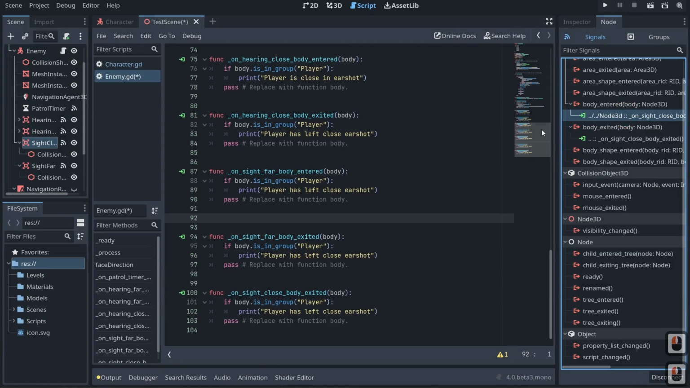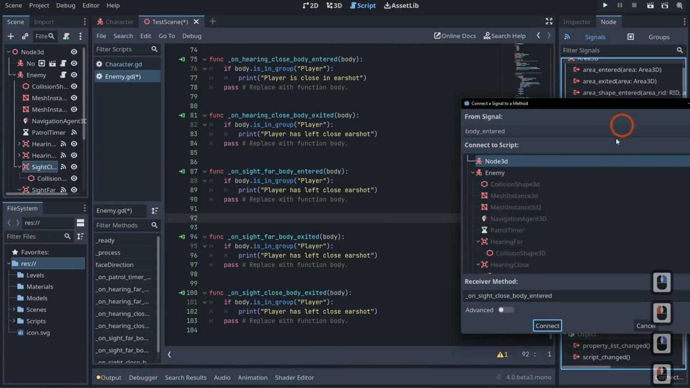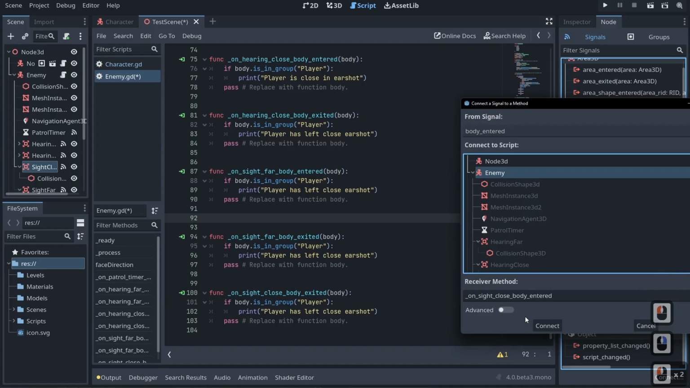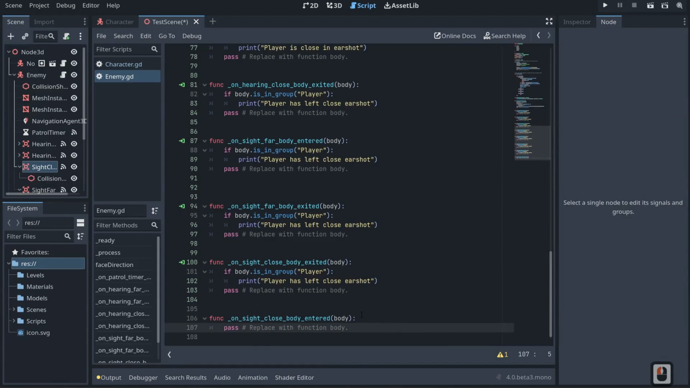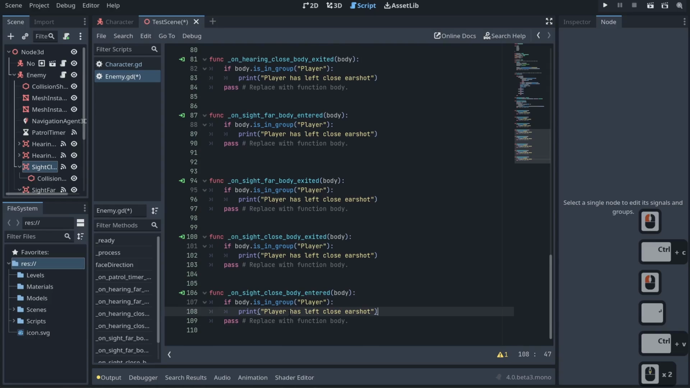Oh, I hooked it to the wrong thing. It looks like I hooked it to something else. So we'll disconnect that, right click, body shape, enter, and let's hook it to our enemy and hit go. And that should do it. There we go. So we'll grab this guy and paste it, and then we'll say player has left close